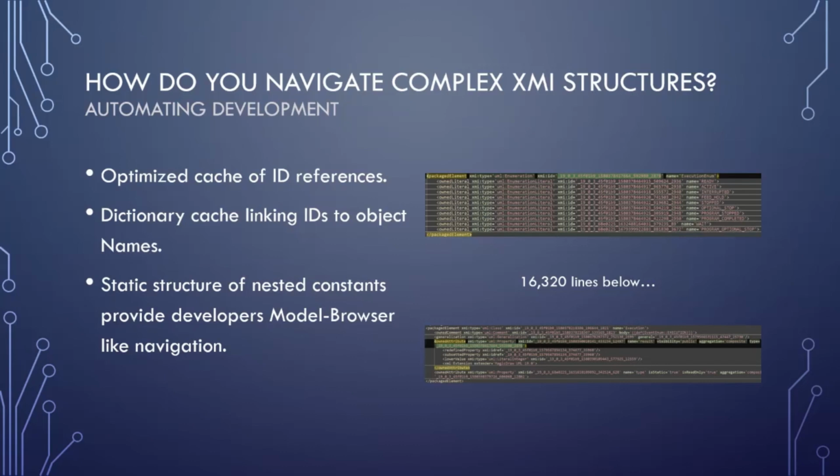So within the MTConnect Transpiler project, we prioritized optimizing a series of caches, and then on top of these caches, we provided a static object-oriented structure that allows developers to navigate this complex XML much like you would navigate the table of contents in the PDF documentation. So it's almost like a sort of tree view of accessing packages and enumerations and classes.